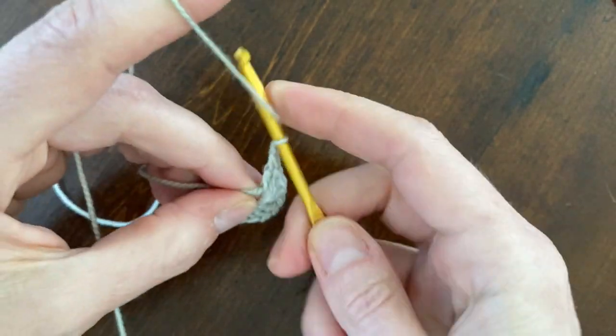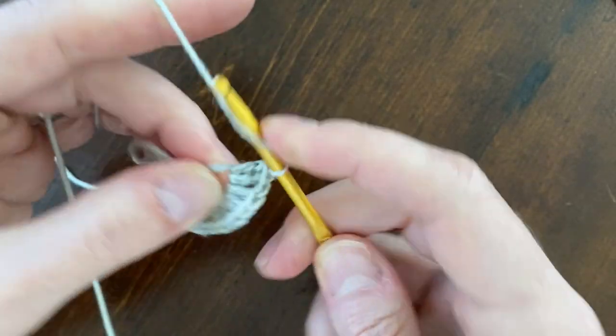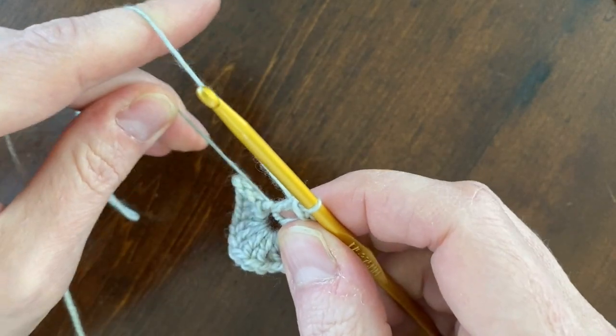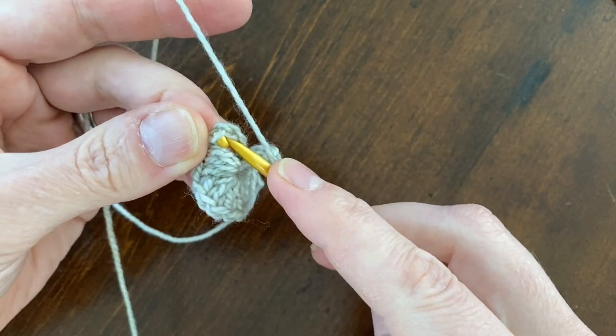Chain 1 and work 4 more double crochets. There's 1, 2, 3, 4. We're going to chain 1 and close off this first round by doing a slip stitch into the top